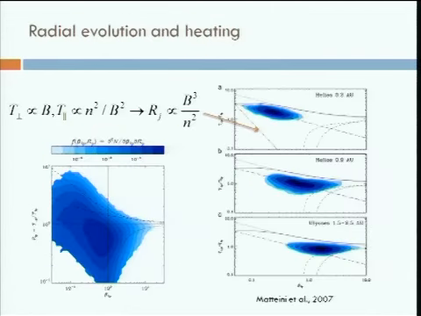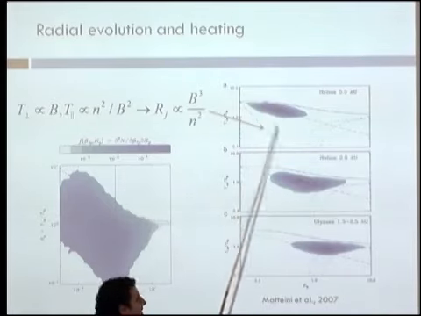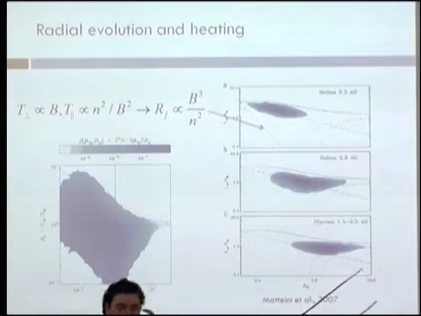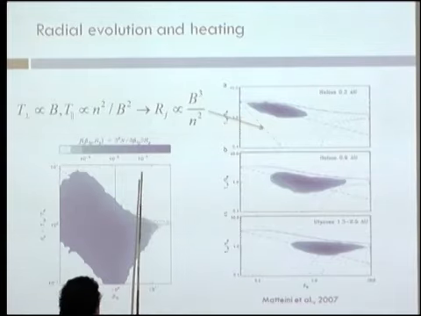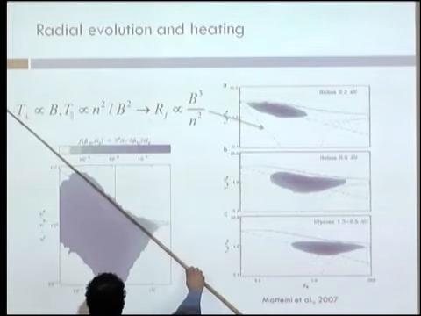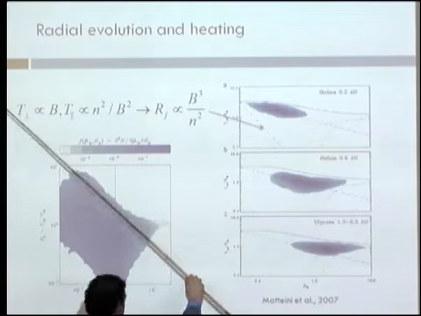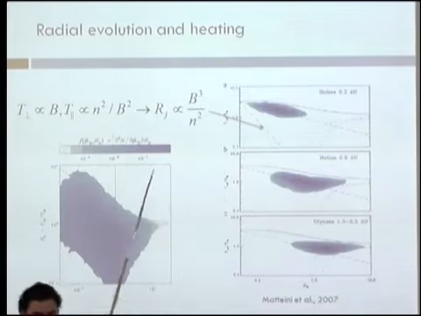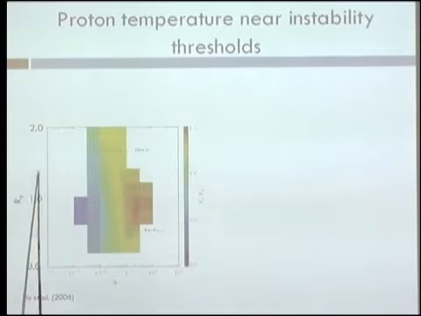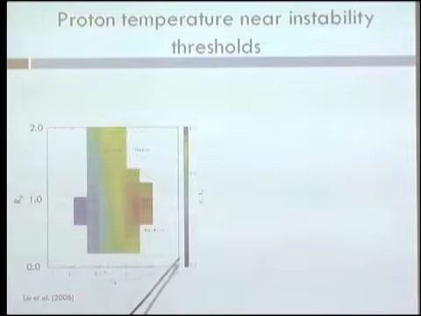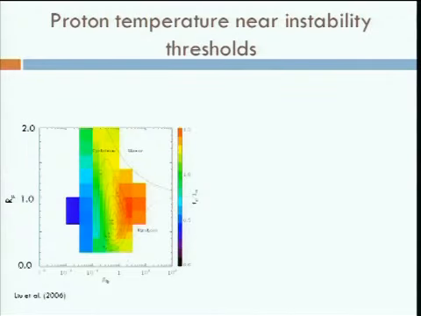Okay, but so if we really think there's some perpendicular heating happening to alter this trajectory, one thought is, well, why don't we look at the average temperature of the plasma here and see if we can find any evidence that the plasma has been heated anomalously higher to bring it up against that instability curve. So this was done the first time a few years ago in 2006. This is T-perp over T-parallel. This is beta, and this is the ratio of the temperature to the expected temperature ratio. Wasn't really